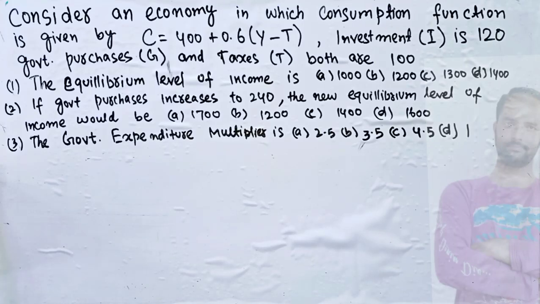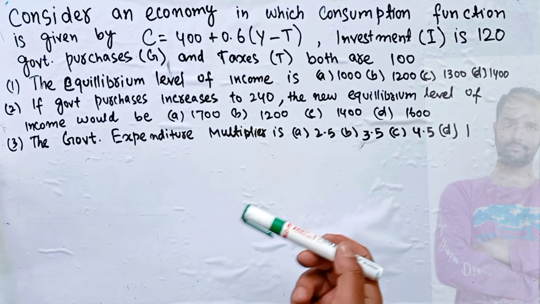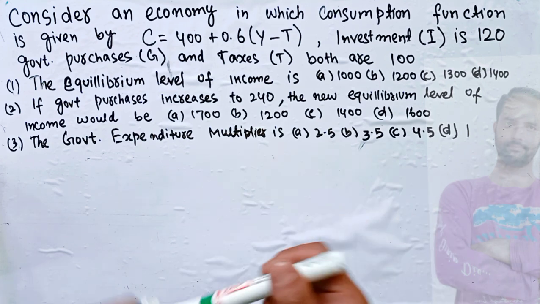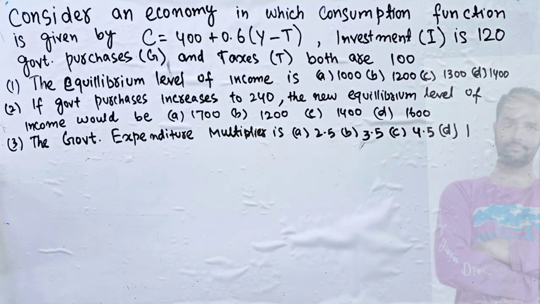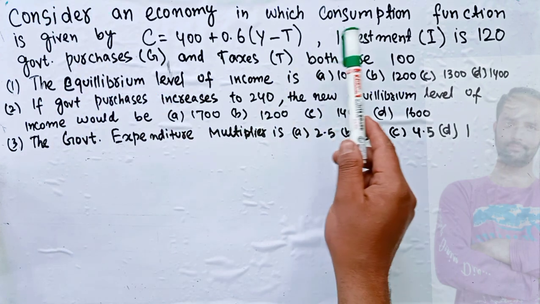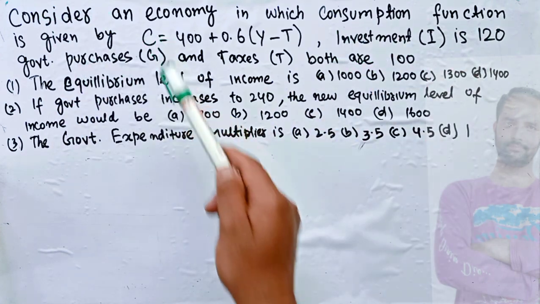Let us solve a question on multiplier, how to find government expenditure multiplier and equilibrium level of income. The question was asked by a brother on WhatsApp. The question is like this: consider an economy in which consumption function is given by C is equal to 400